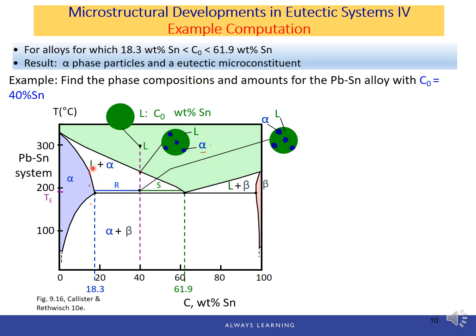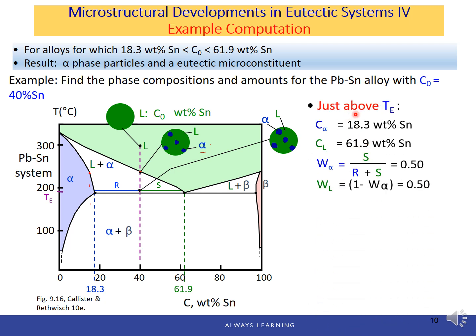So this is the alpha plus liquid region. The tie line stops at the alpha phase and liquid phase respectively. So do not extend your tie line all the way to the beta, because that's not the boundary of this current region. Now we can calculate the phases present at this temperature right above the eutectic temperature. We have alpha phase plus liquid phase. So the alpha composition is 18.3 and the liquid composition is the eutectic composition,